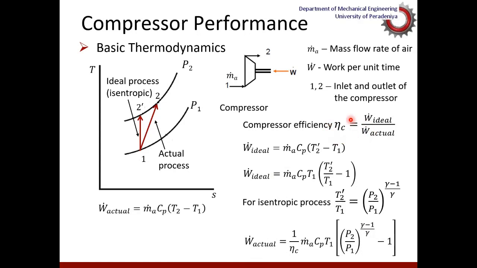Now also from the thermodynamics point of view, we know that actual work per unit time or actual power is m_a dot Cp into (T2 minus T1). Accordingly, if you know the actual one from the ideal analysis with the help of compressor efficiency, then we will be able to find out the value of T2, the real value of temperature, T1 plus actual power divided by m_a dot into Cp. So this gives you the temperature increase due to the compression.